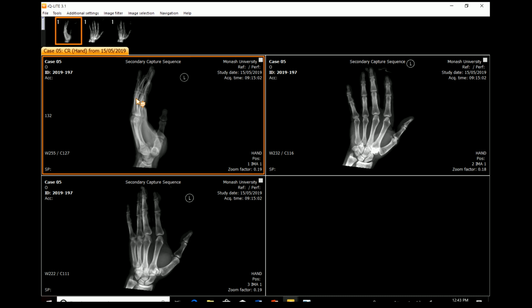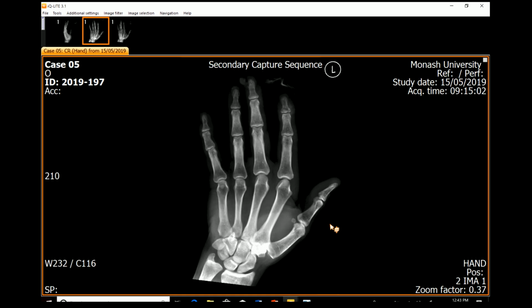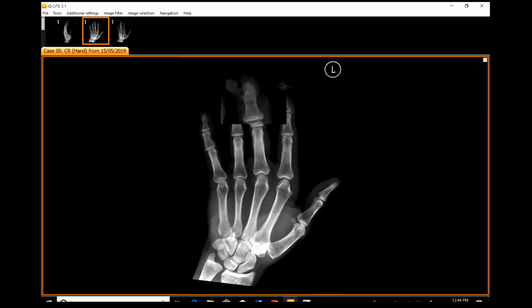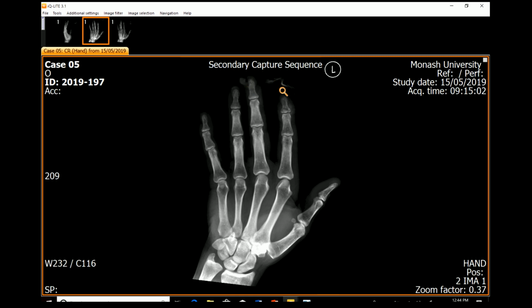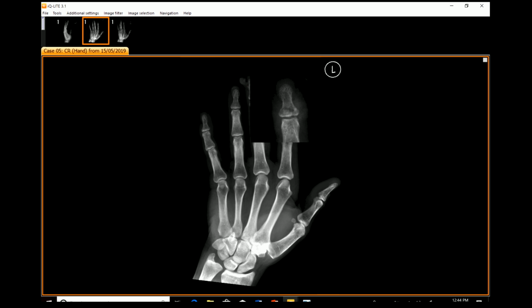So for this case, we have a patient who's had a mulcher injury to the fingers. Okay, so first looking at the middle finger, we can see that the terminal phalanx, there's a fracture and its dislocation. You can also see that there is some significant soft tissue loss at that tip. And then next to it, if you look at the index finger, there is a fracture as well of the terminal phalanx of the index finger, and that fracture looks like it's